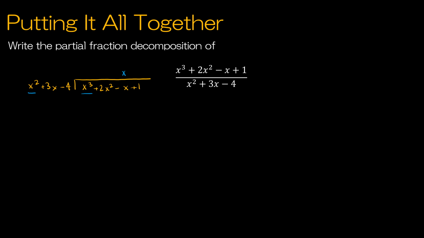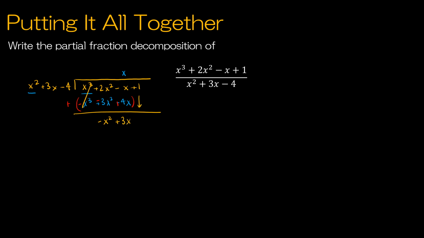So I'm going to take x times x squared, x times plus 3x, and x times minus 4. Then I'm going to subtract all of that. So I'm going to change it to plus and change each sign. That leaves me with the x cubes canceling, negative x squared, negative 1 plus 4, which is positive 3x, and